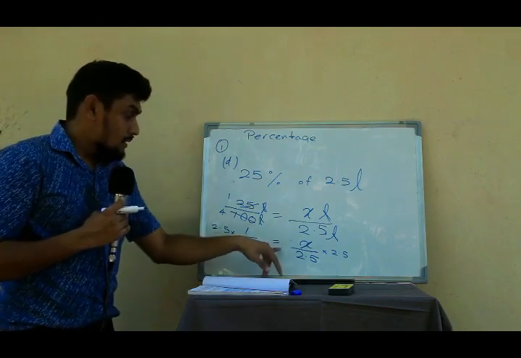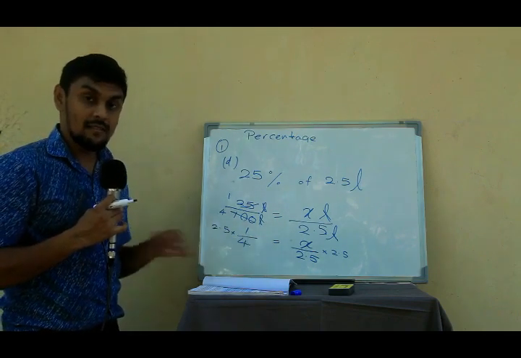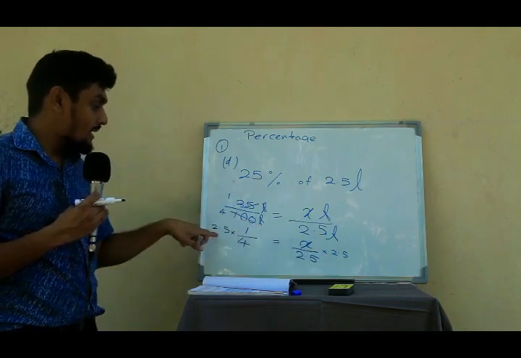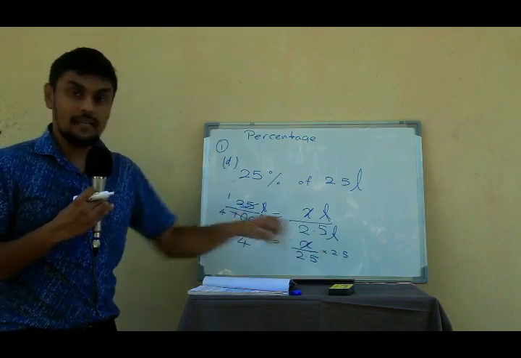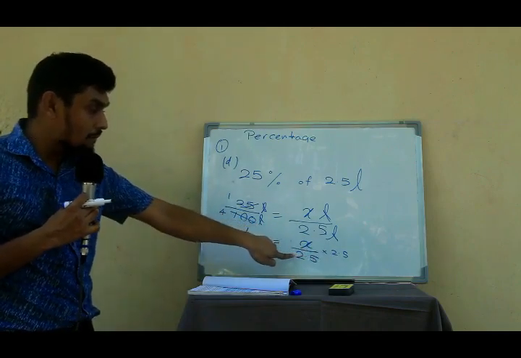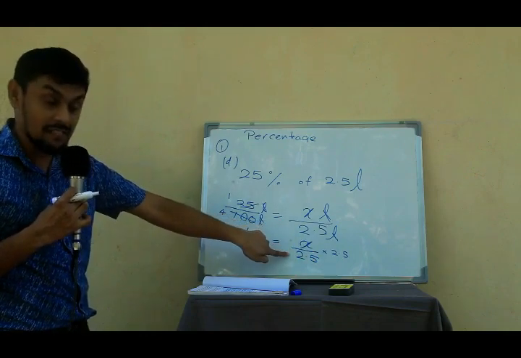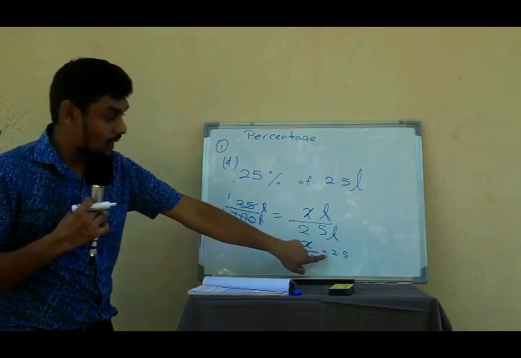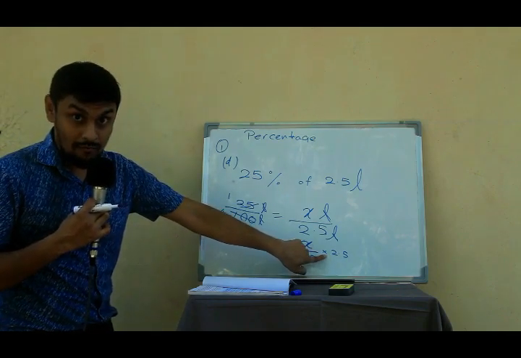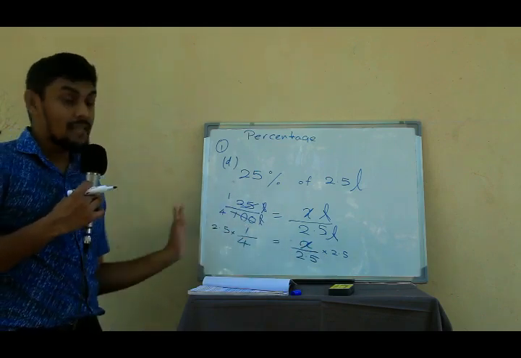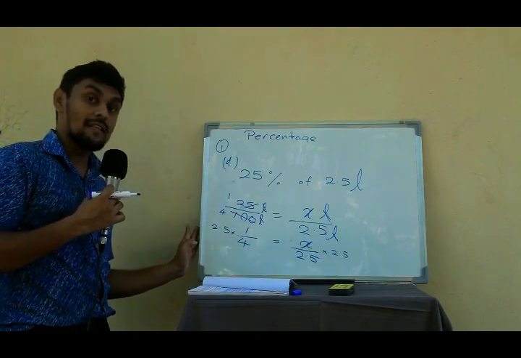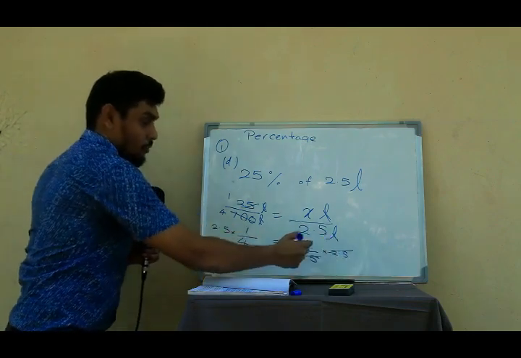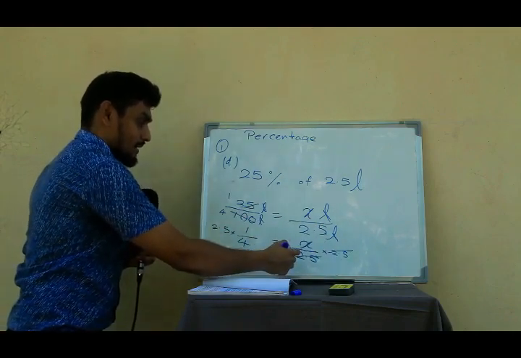We can multiply each side by the same number that x has been divided by. So the number is 2.5. You can multiply this side by 2.5 and the opposite side of the equal mark also by that same number 2.5. So what is the answer? These 2.5s cancel and x equals